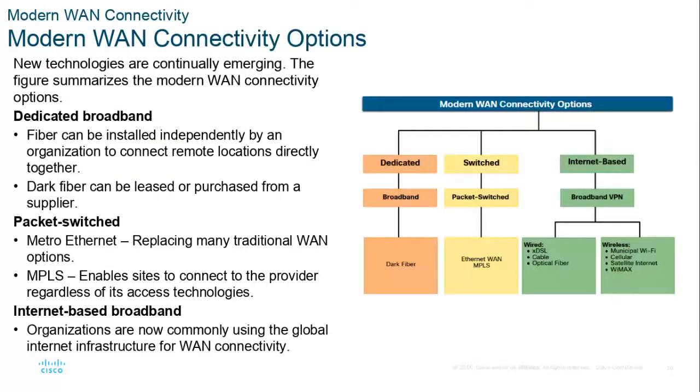So we're going to use probably a dedicated broadband connection. We can either go to a service provider and use the fiber they give us, or we can actually lease dark fiber and run our own network through it. In the world of packet switching, Metropolitan Ethernet is widely available, sometimes called carrier Ethernet. In big metropolitan areas like the Dallas-Fort Worth Metroplex, this is widely available everywhere.